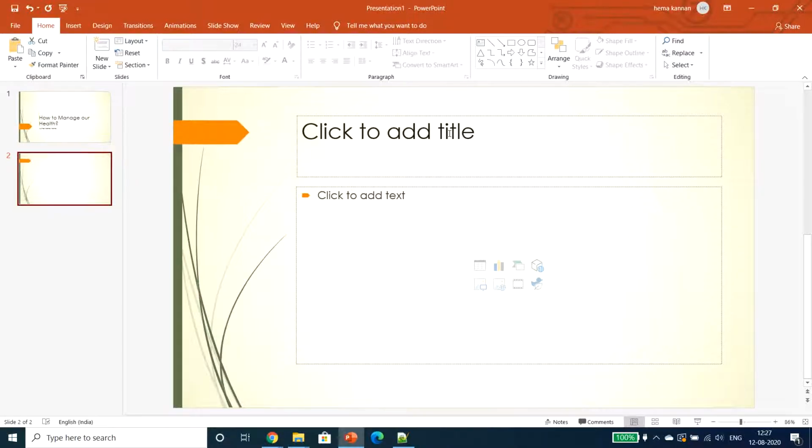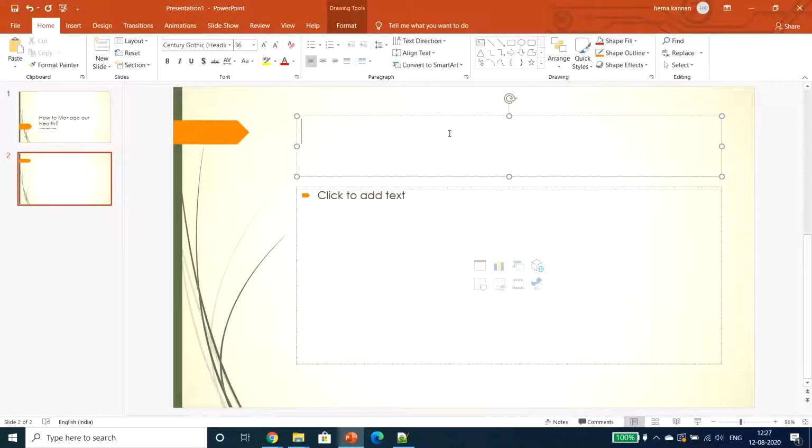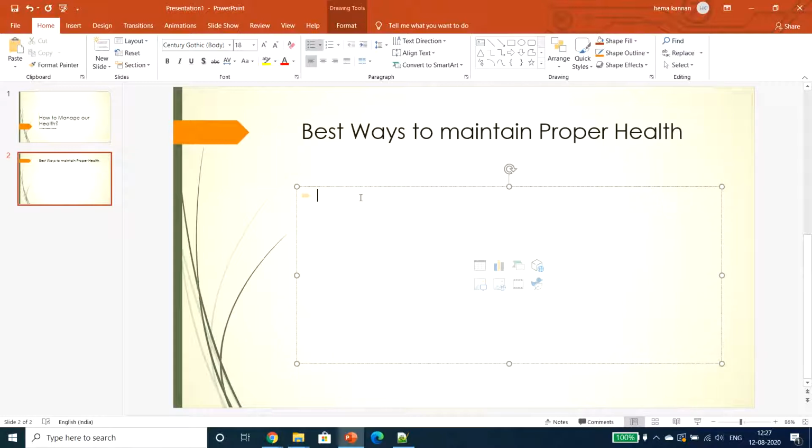Okay. So I am giving some title for this slide, like best ways to maintain proper health. So what are the best ways to maintain proper health? Mostly we can go with bullet points instead of typing a lengthy paragraph. We can be more precise, so that the audience will not get bored, and it will be simple and the presentation will be nice.